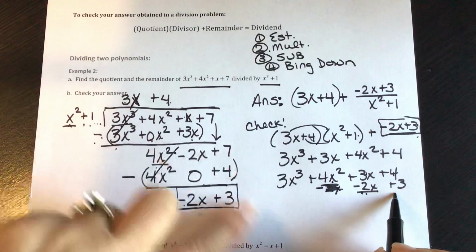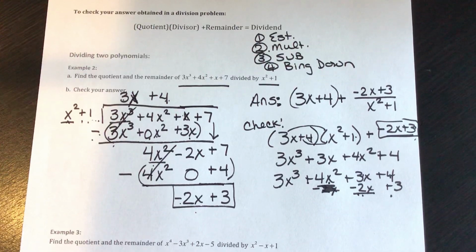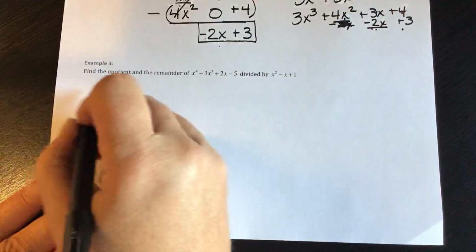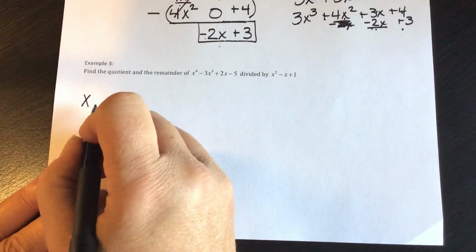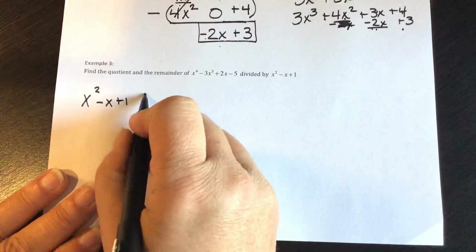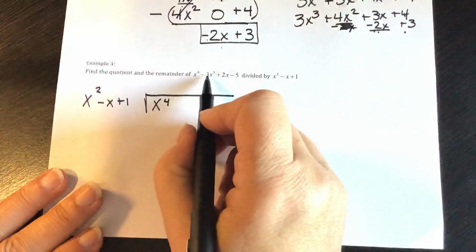So this is just checking our answer, and I'm not going to ask you to do that. I just wanted to show you how that works. In example 3, we're going to divide again. This time we're dividing by a trinomial, x squared minus x plus 1 divided into x to the fourth minus